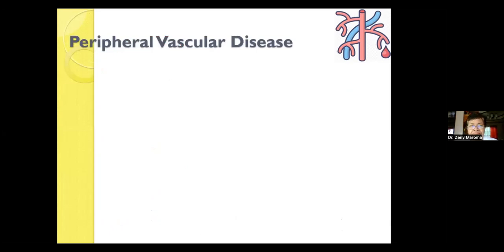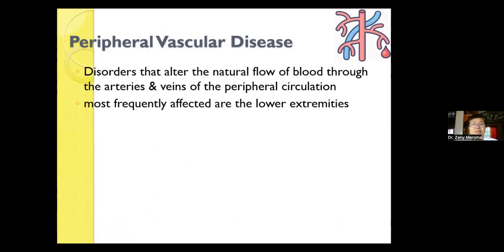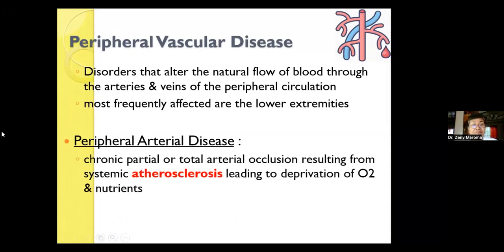Okay, PVD. Peripheral vascular disease is the umbrella term, general term. The blood vessels supplying the periphery. Pag sinabi natin periphery, arms and legs. General term kasi it could affect arteries and veins. Okay? Arteries and veins. Pero pag sinabing PAD, arterial lang. Arterial disease. And the obstruction can be partial or total obstruction due to